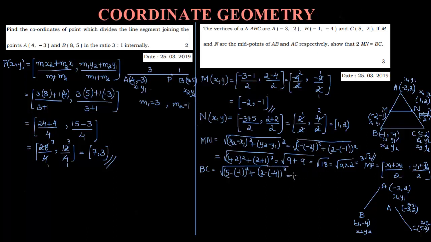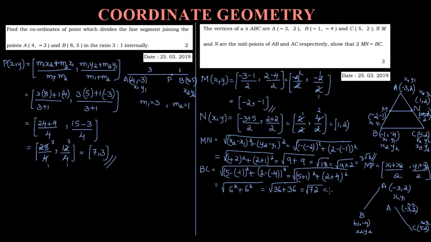right? So what are you going to get then? 5 minus into minus plus, whole square, plus, then what are you going to have here? 2 minus into minus plus 4 whole square. 5 plus 1, 6 square, plus, then 2 plus 4, it is nothing but here also 6, right? So here square root of 36 plus 36. So you need to add these two, and then how much you are going to get? 72,